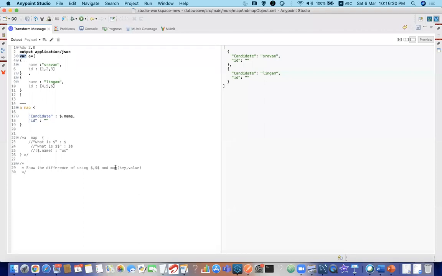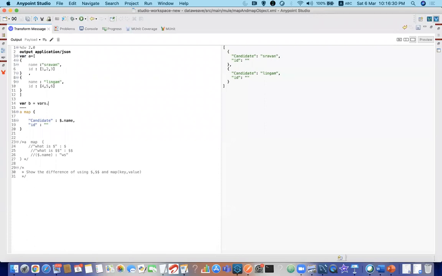This var is confined to this local environment, this local transform message. This is called a local variable. For example, if you have some other value that you are storing from somewhere, like vars dot name, you have that key value somewhere like vars dot name. Now let me keep that as, instead of ID, roll number. I want this value to be printed as my key. So how do we define keys in a dynamic way? What you can do is, okay, B.